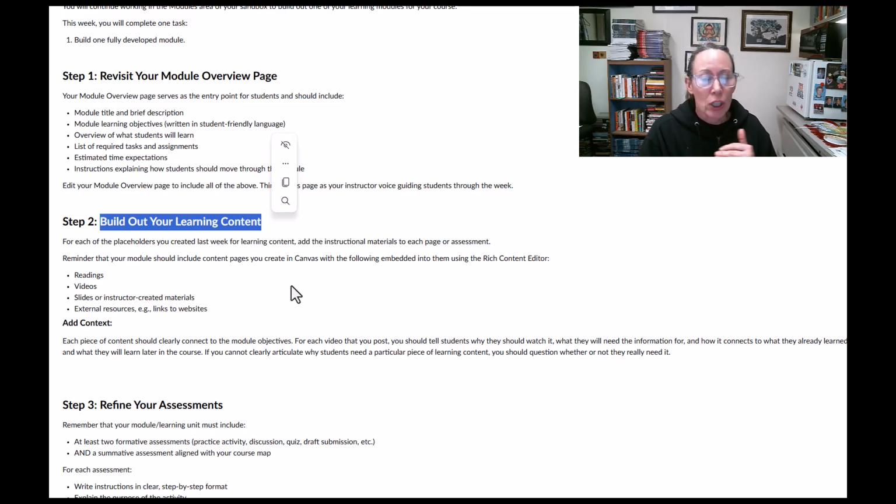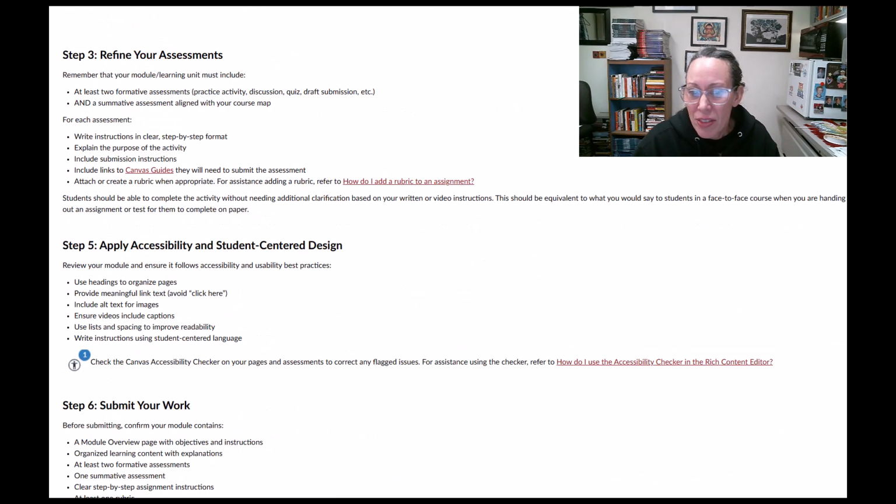Also, you're going to be looking at your assessments again, making sure that everything looks good. When you finish working on this for this week, you should have a module that is ready to give to students. Okay, so that's the goal. And that's kind of the lens that I'm going to be looking at it. As if I were a student in your course, does it all make sense? Is everything seamless going through the module?